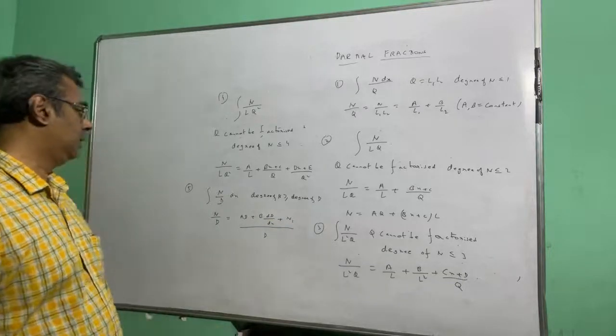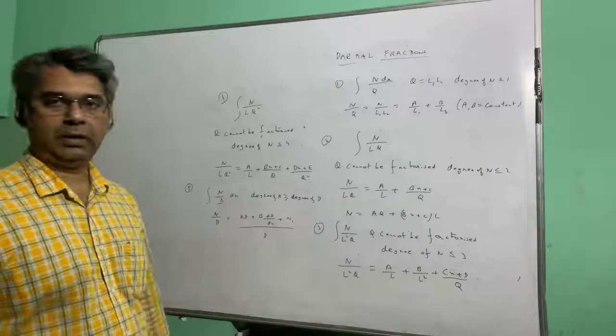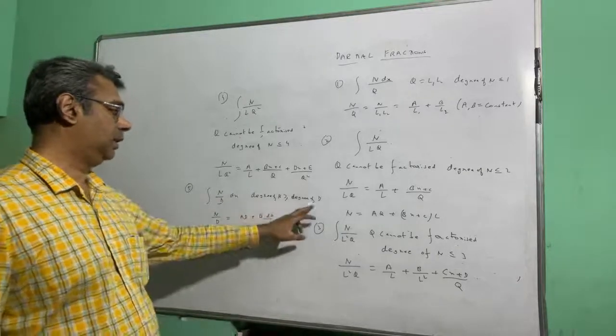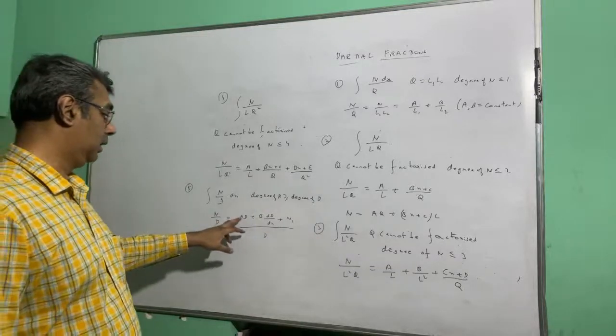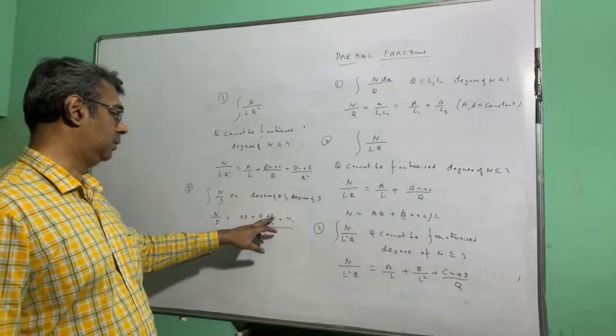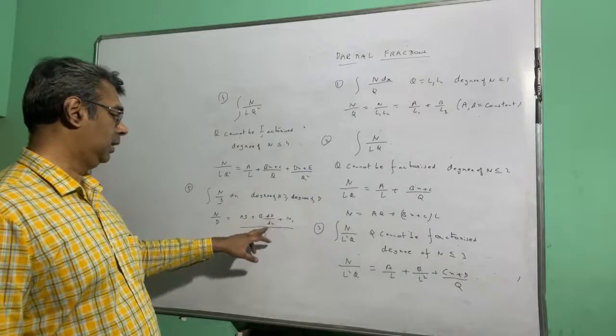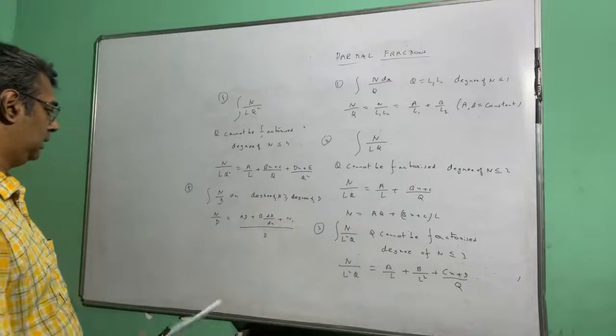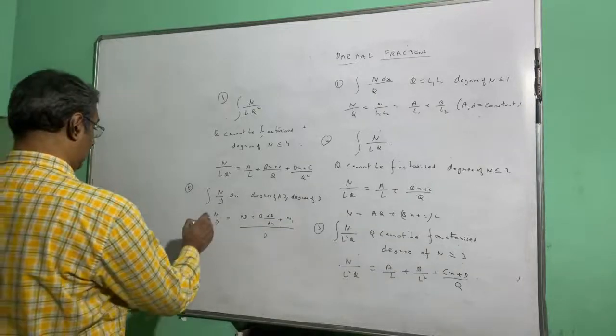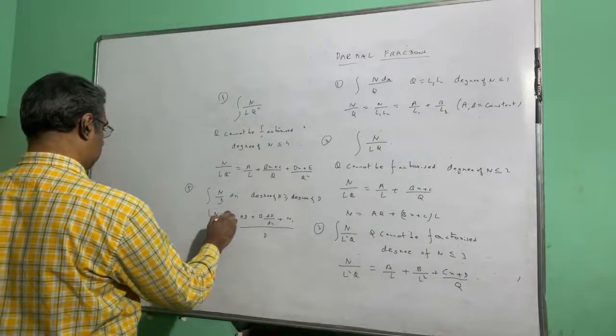Once again, suppose you have numerator by denominator, but the degree of numerator is more than or equal to the degree of denominator, then you will have to write the numerator as capital A into denominator plus capital B into d by dx of denominator plus n1, where the degree of n1 will be lesser than the denominator. So after that,